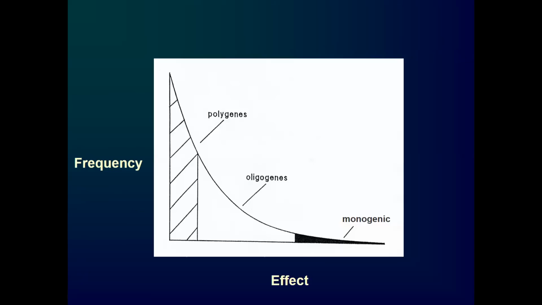The reason why I'm mentioning this is because 20 years ago, people were still using linkage for complex disorders that are polygenic, because it was a very good, well-established tool that we have in our hands, and we wanted to use it even for complex diseases. But if there is no locus heterogeneity,